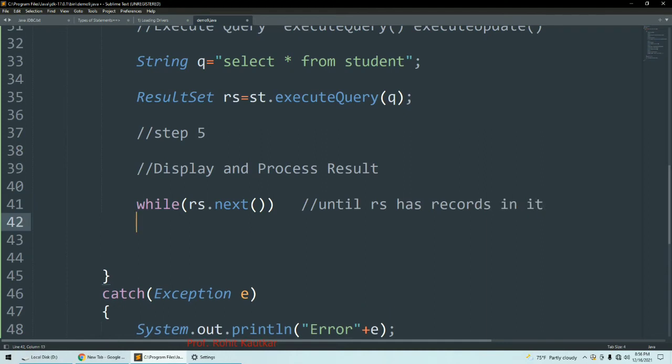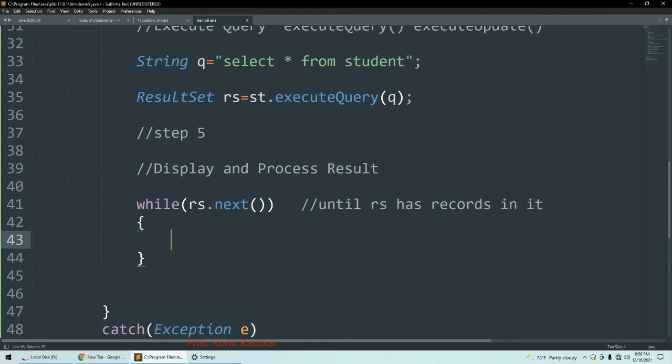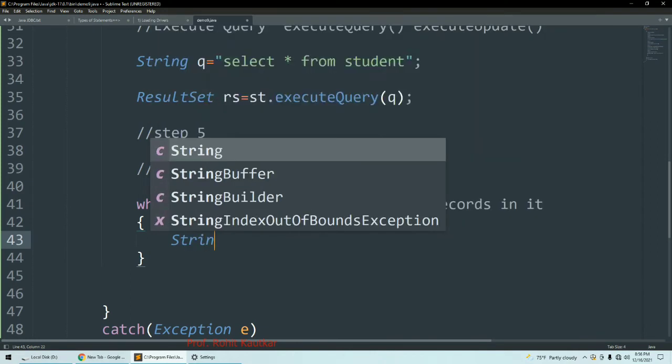Once it reaches the last record, the while loop will terminate. Now friends, we have to use the methods of this ResultSet in order to retrieve the values from our columns. As I have 3 columns in my database table, I will create 3 variables here.